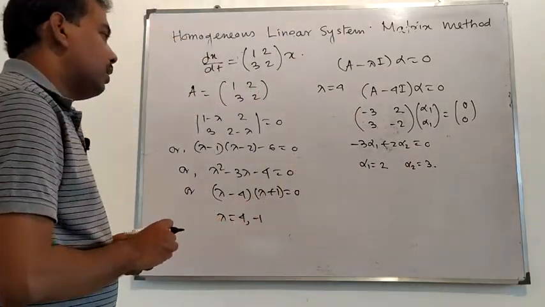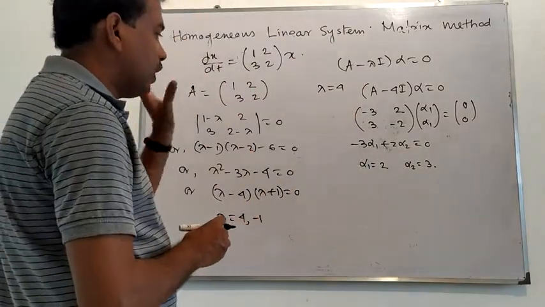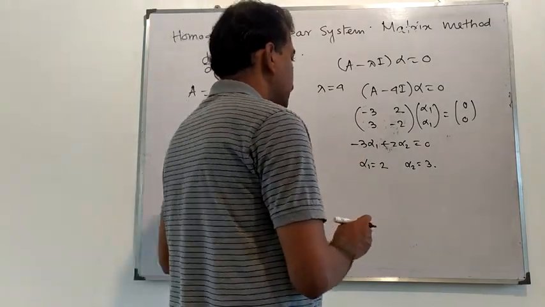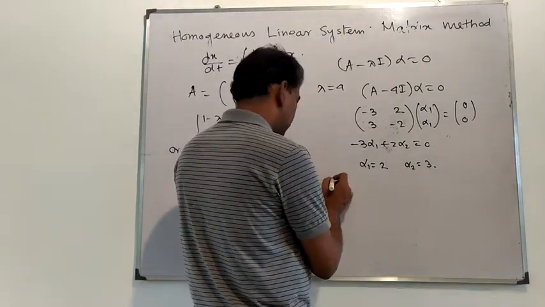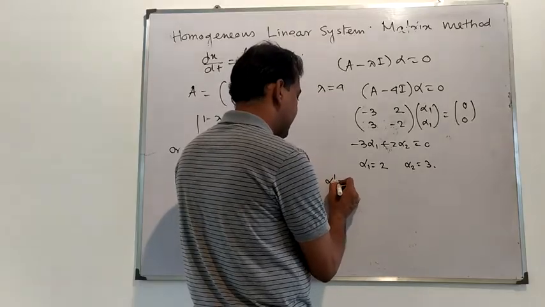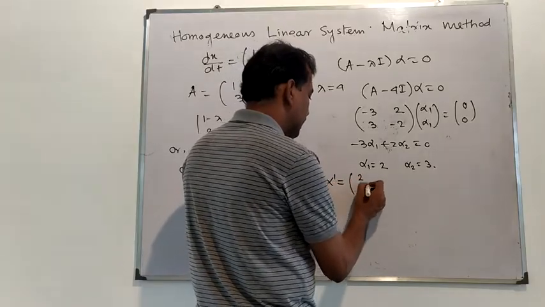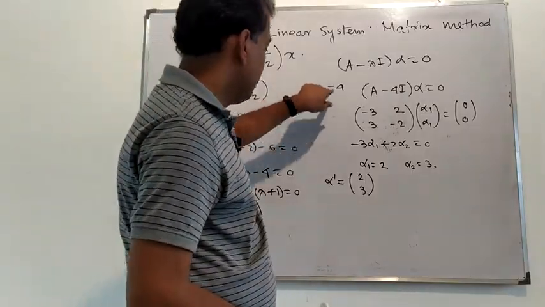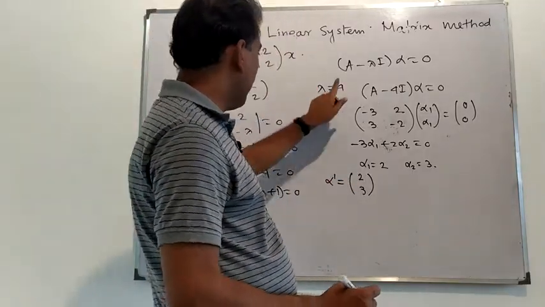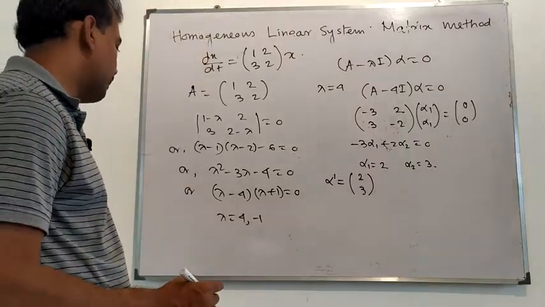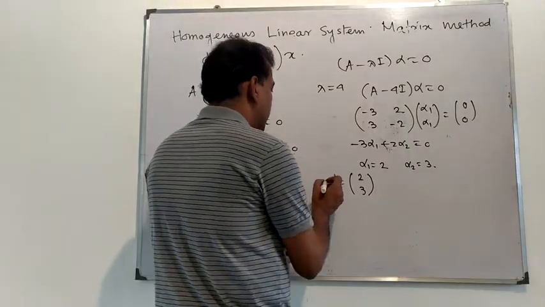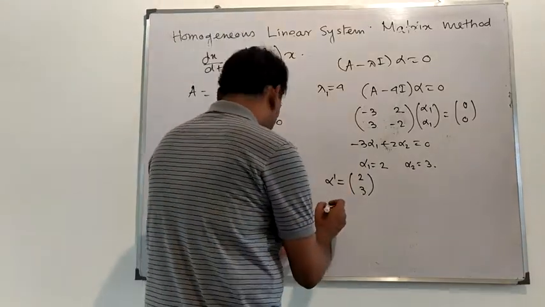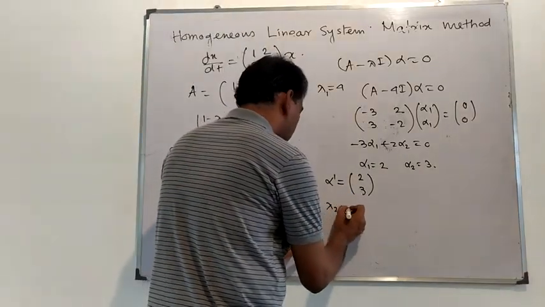We just want a single non-zero solution. If alpha 1 equal to 2, then alpha 2 equal to 3. So here alpha dash is equal to (2, 3), corresponding to lambda equal to 4. This is an eigenvector corresponding to eigenvalue lambda equal to 4. Here lambda 1 equal to 4, alpha dash equal to this, and lambda 2 is equal to minus 1,